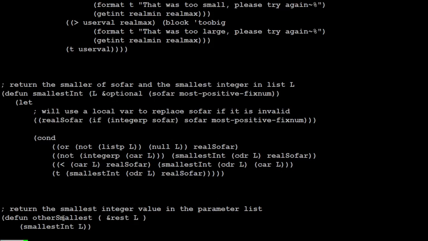If somebody gives me my list as a bunch of parameters, so if I wanted to use a variadic function to figure out the smallest value in the list, and I've already got the smallest value in the collection of parameters, so you can call othersmallest on 1, 2, 3, othersmallest on 10, 20, 30, 6,500, 2, 6, 9, well, whatever. Then, knowing that I have this other one that works for lists, I could simply cheat and say, well, let's just call the one that works on lists. Right, that's perfectly valid as well. However,